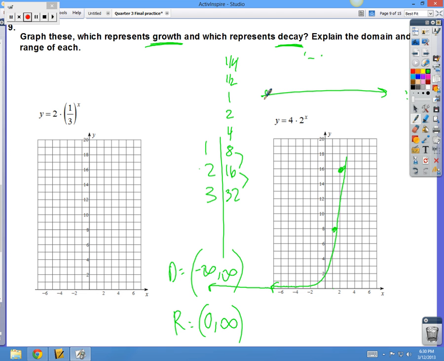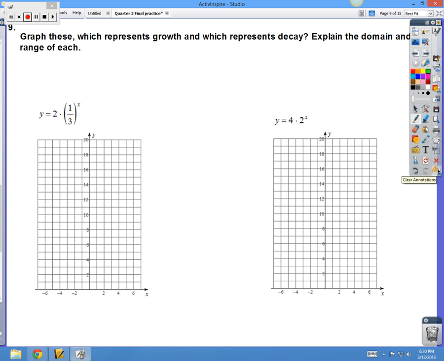So if you look at it on the number line, here's 0, and here's 1. If we cut 1 in half, now we're at half. If we cut that in half, we're at a quarter. If we cut that in half, you're just going to get closer and closer to 0, but you will never ever touch or go to the left of 0. So this one right here is our decay,